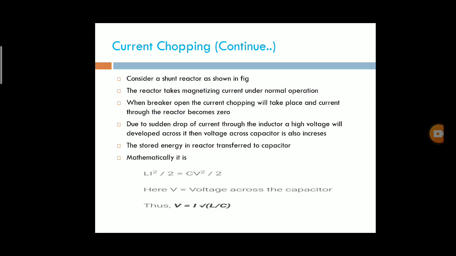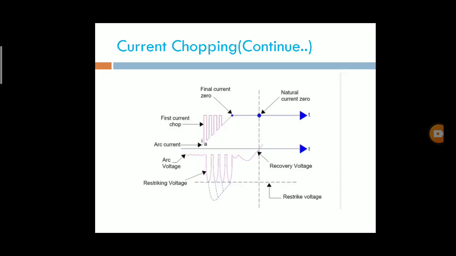In that current chopping phenomena, in that figure the arc current is seen to approach zero in the normal way initially with low arc voltages, so that there will be a virtual capacitance current at a certain arc current. Due to the large deionizing forces, instability occurs and the arc current immediately collapses to zero. This occurs in the first chop.